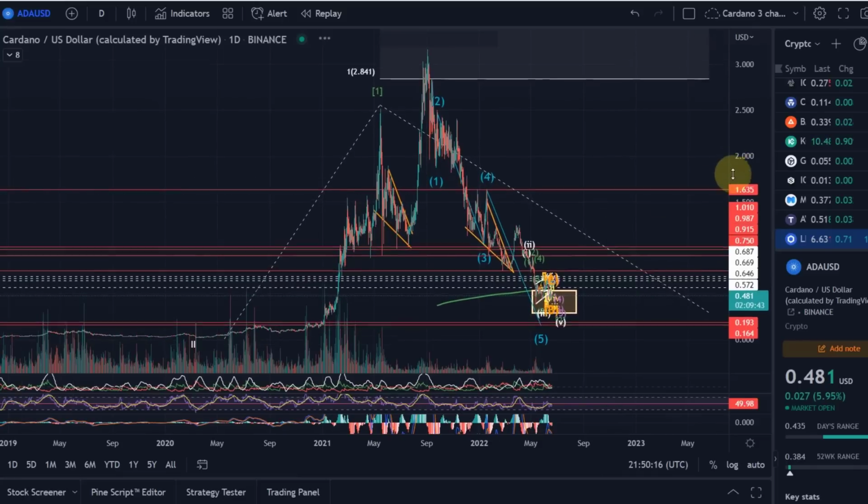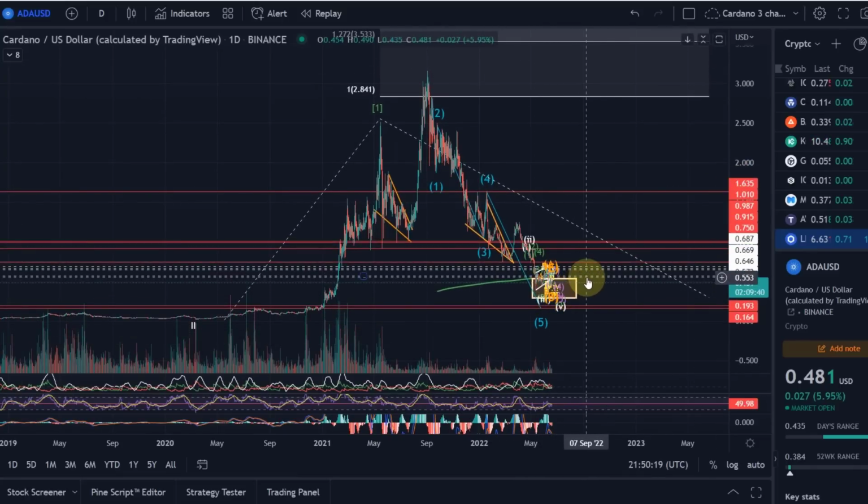For now, my primary expectation remains we go lower, but I might change my primary expectation if we go above 49.5 cents, because the chart has fulfilled all the requirements to complete the correction. But what we need to see now is price action that actually confirms that the correction is over. And that is still what is missing here. And if we finally get this correction completed in this yellow target area, then we would start to move up, ideally fast, in a third wave, in a wave 3.